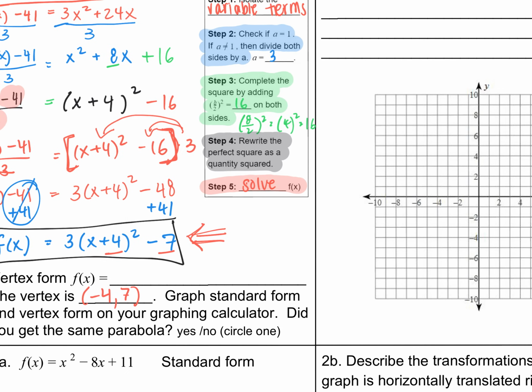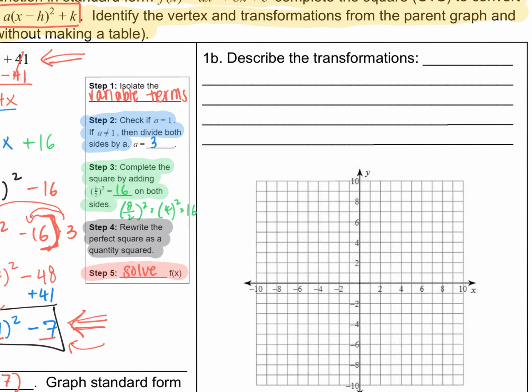But let's go ahead, and now that we have vertex form, let's do what it's useful for. Let's graph it. So it has an h value here of -4, an a value of 3, and a k value of -7, and this all helps me describe the transformation. So let's write that down. The function is horizontally translated left 4 units,